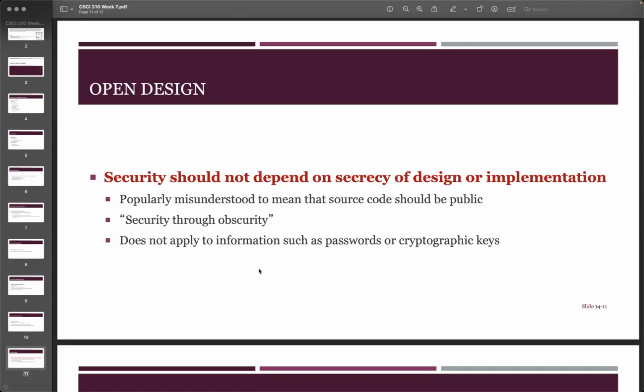And the next one is called open design. So open design usually talks about, okay, when we have security, then it does not depend on the